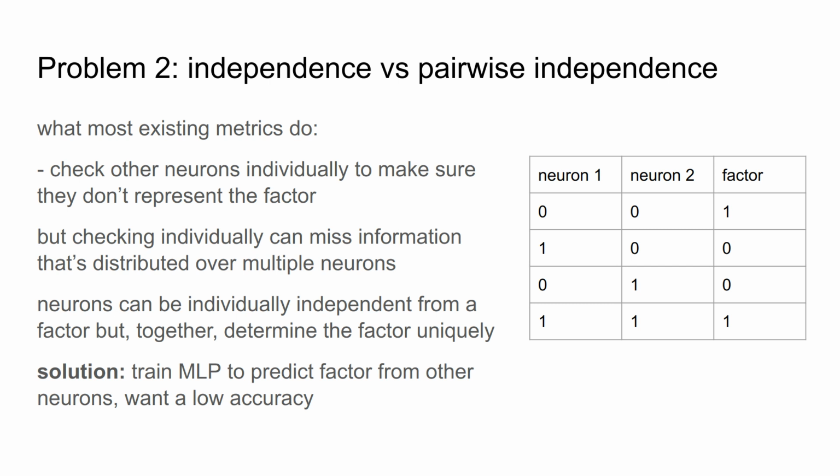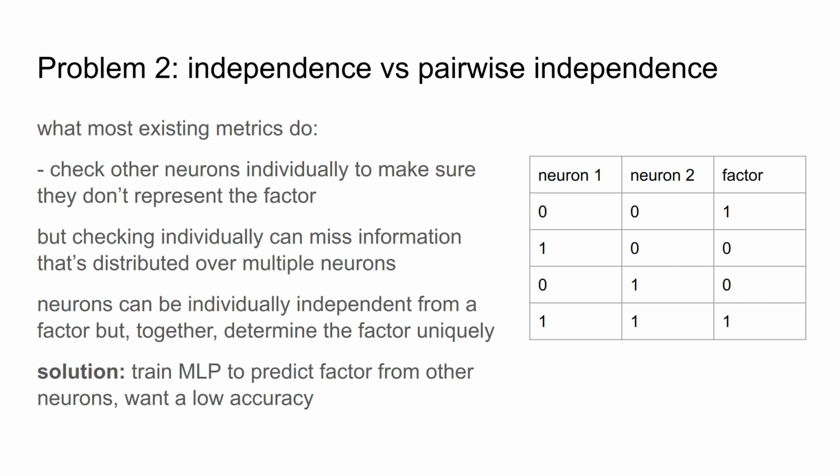It can be the case that for a whole set of neurons, each of them individually tells you absolutely nothing about the value of a particular factor. That is, they have zero mutual information. But together, they completely determine that factor. Together, they have maximal mutual information. The example on the right is actually the negation of XOR, you might say. But XOR is a classic example of